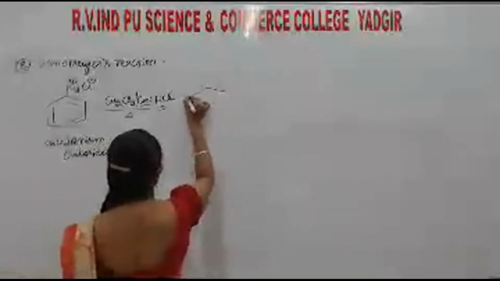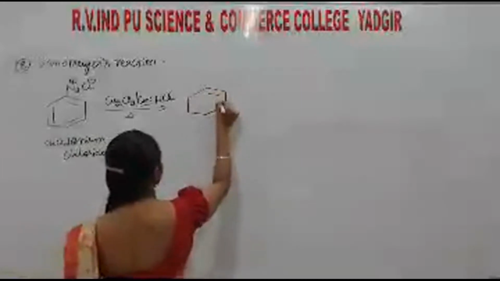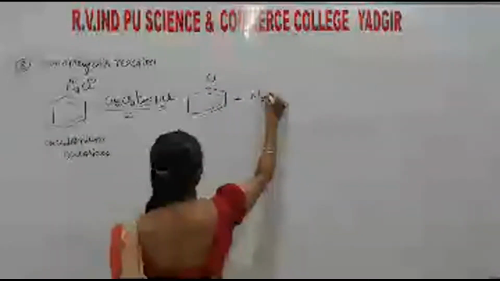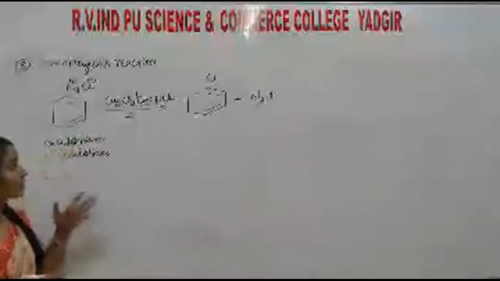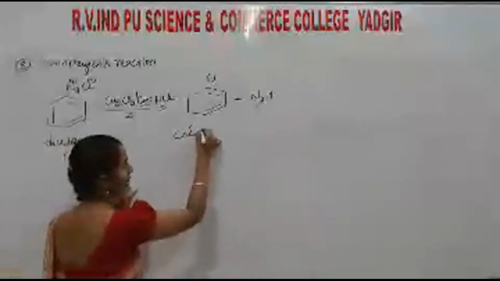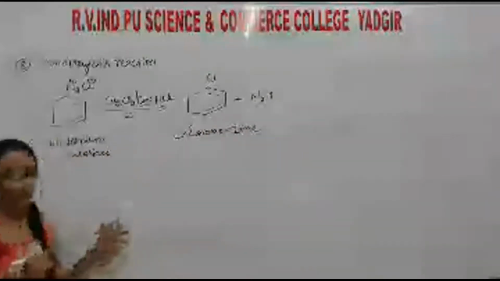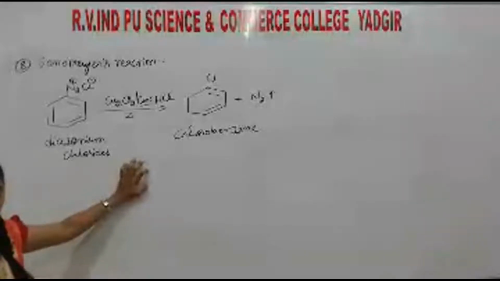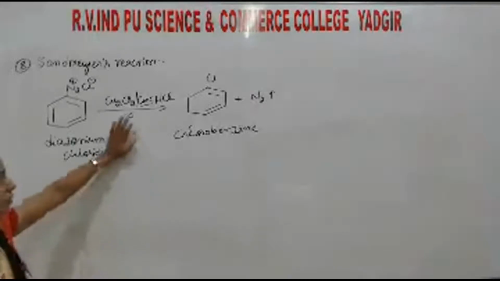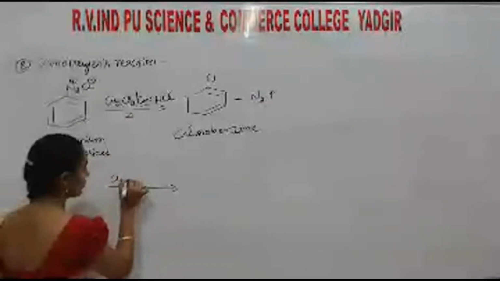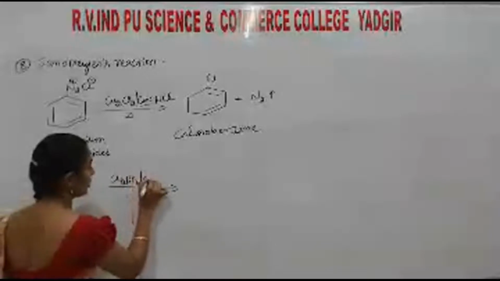So this one is N2Cl. So then here it is Cl plus N2. This is the reaction. This reaction is called Sandmeyer's reaction. Chlorobenzene. Okay? Understood? So if we want Br here, then what is the reaction condition? Here we have to take Cu2Br2 and concentrated